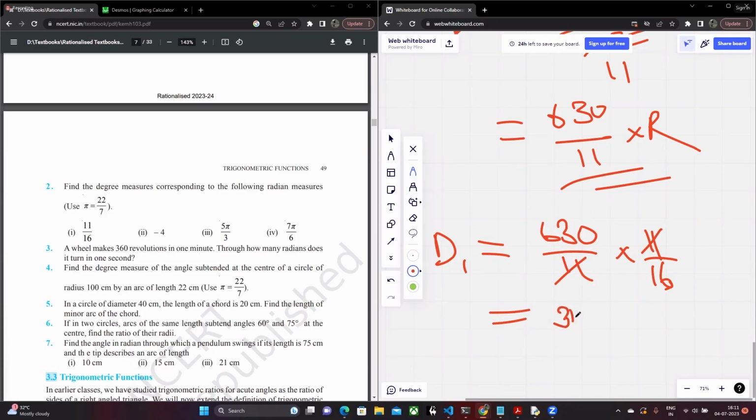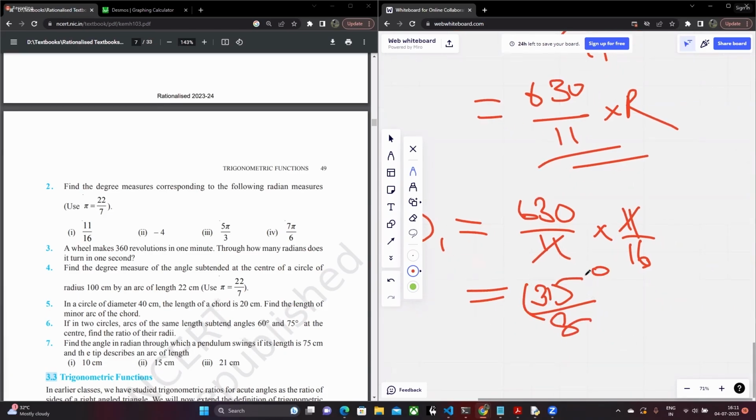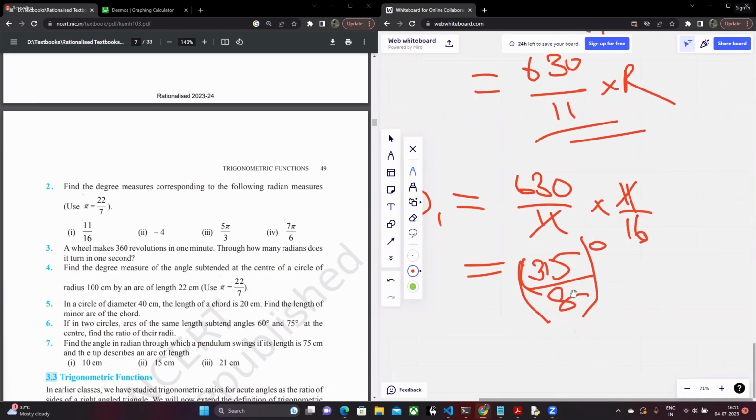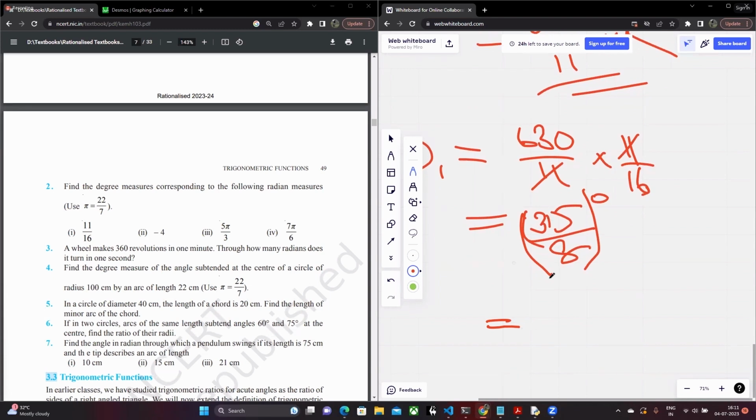This is 315 divided by 8 degrees, right? Which I have to mention in the decimal form. This is going to be 8 3s are 24. You're left with 75. That's 8 9s are 72, and you're left with 30, right? And 30 is basically 3 7. Wait. Yeah, it's 375